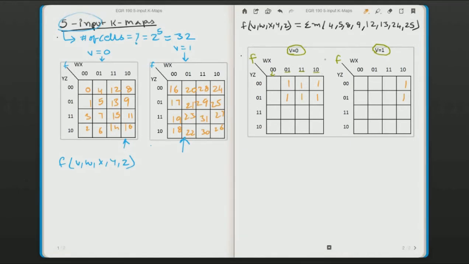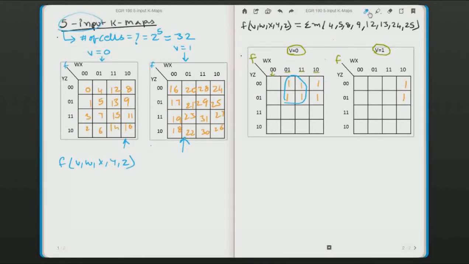Now, let's look into forming groups here really quick. So now I can form a group of these 4 ones, and probably I can form a group of these 4 ones and this by itself. But this is completely acceptable. However, as I said, you have to imagine these two K-maps being one on top of the other. If that is the case, you might be able to envision that these two cells,